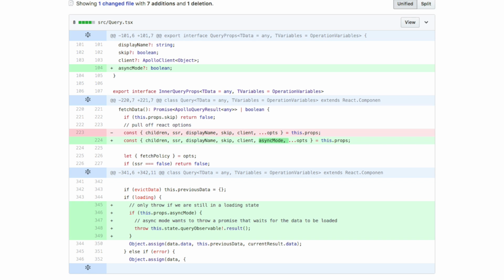But what is even more exciting to me is how the engineers at Apollo were able to add this feature into React Apollo. And the commit for this addition is very small, which is just awesome to see. All they had to do was throw that promise that was waiting on that GraphQL resolution and let React handle the rest. That is wild. That is such a nice, easy way of adding this, both on the framework side, but also in your own code as well. So if you want to play with this, you can. It's still very much bleeding edge. You will need to use a Band-Aid if you use this. So I caution,